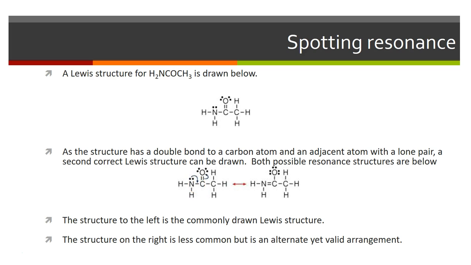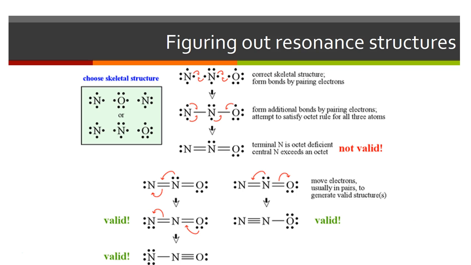We can see resonance with nitrogen as well. So these are some more tips on figuring out resonance structures, but mostly if you get a handle on the ones that the IB asks you to memorize, which is your carbonate, your ethanoate, benzene, and ozone, you should